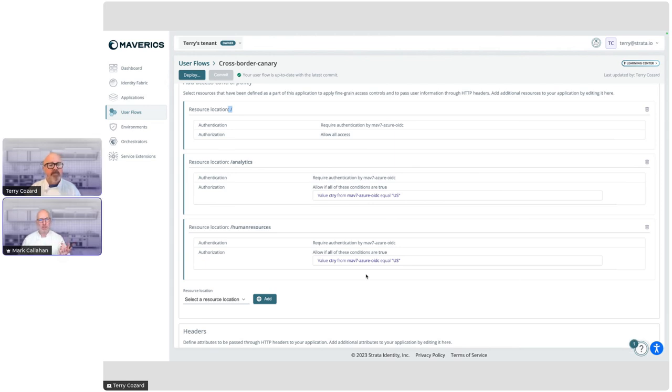So there was a question that came up from Lisa that we were showing these policies here, and she was curious if the identity team in New York would be able to control the policies in this demo scenario as easily as the identity team in Paris. Absolutely. So one of the things I didn't talk about, but it's great since we've got a question from Lisa, all of the configurations that I created here really just end up into a little policy bundle. It's just a tiny little package of